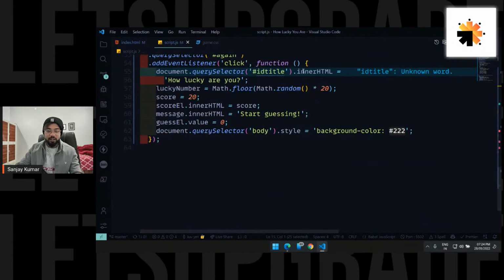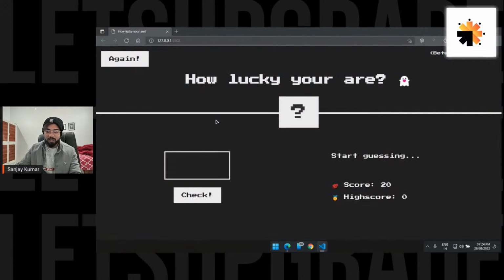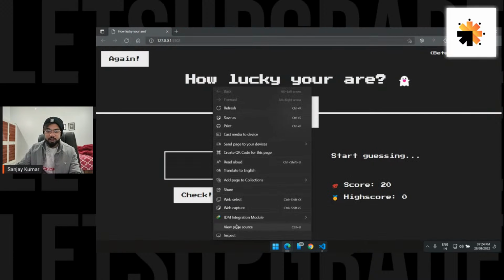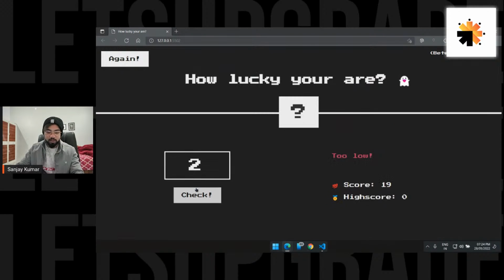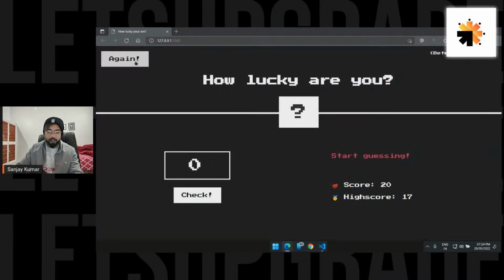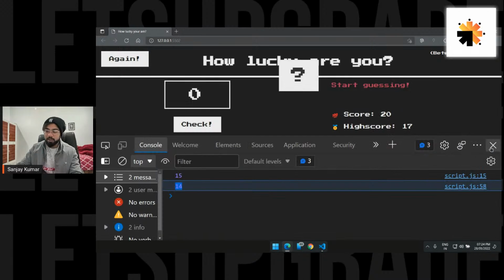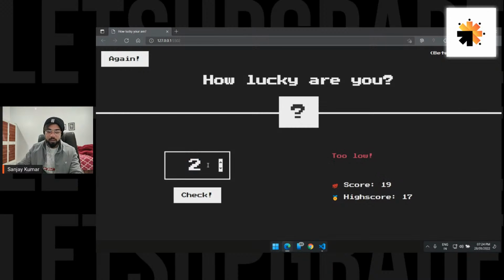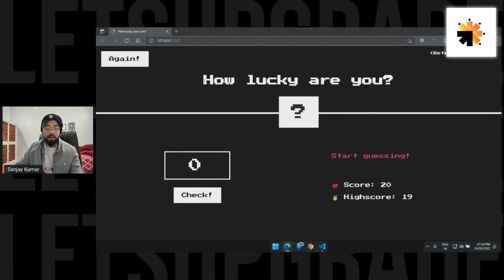Whenever we are going to press again, I'm just going to check what's the correct new lucky number. Okay, so let me refresh it again and let's see. Console 15 is the correct number, so let's try 3. Okay, now this time enter a correct number. 17 is our high score again, and we are going to gain our console. New correct number is 14, so let's guess it 14, and we have set our new high score to 19. Okay, so we have made a complete game